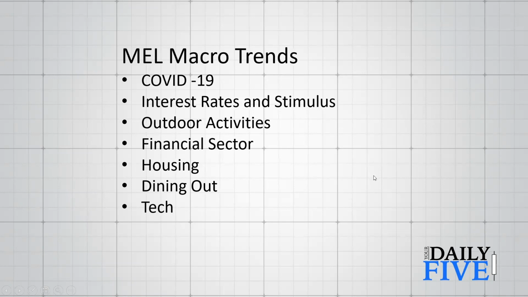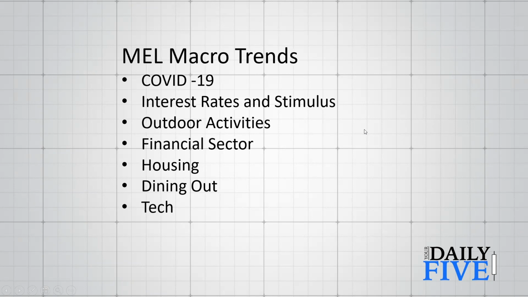There's a lot of potential changes. We have vaccines, we have stimulus packages, and all these things are coming together, and they're creating a little bit of uncertainty right now. I'm going to tell you how you can cut through that uncertainty in a couple of minutes here. Of course, interest rates and stimulus packages. The Fed keeps pumping money into the banking system. The bond market's having some doubts. And now we have the stimulus package with the new administration. And of course, there's going to be politics, so there'll be some back and forth. So that's the big picture.